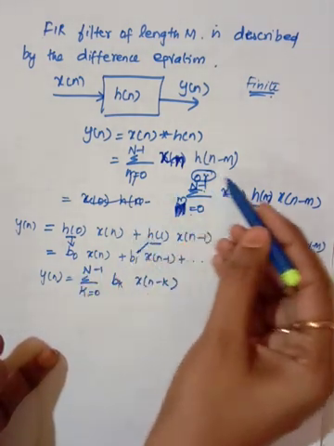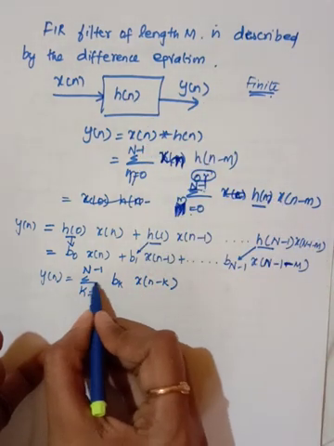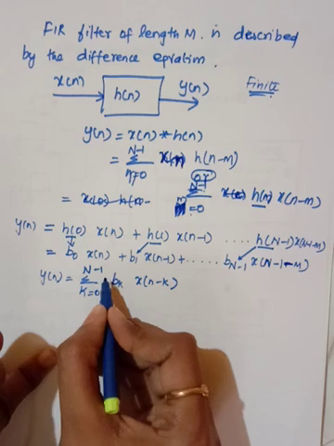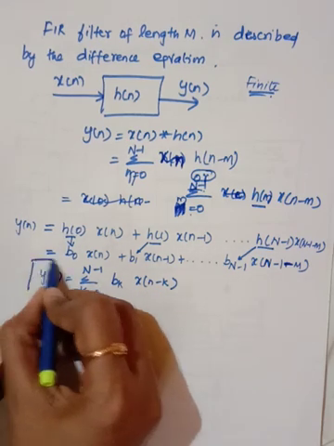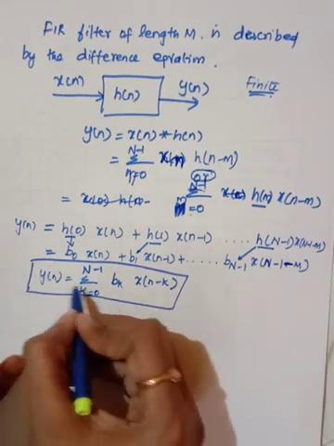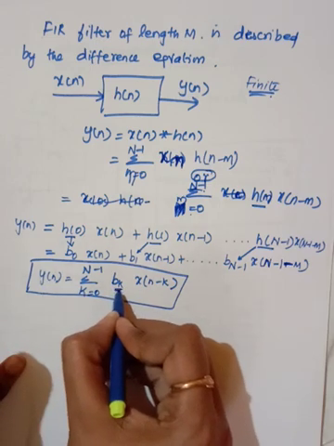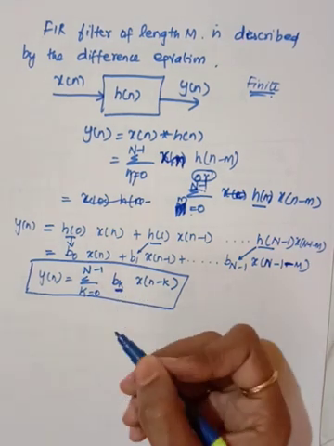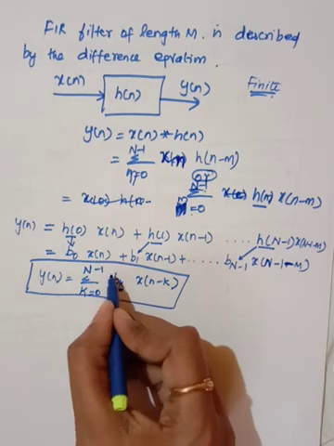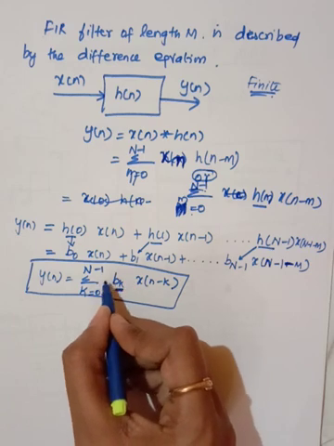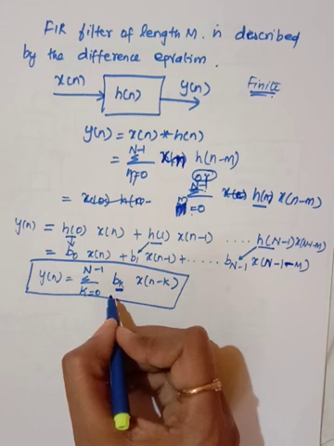So now I am changing this equation according to this filter function. Summation k equal to 0 to n minus 1, bk x of n minus k. Now this is said to be the relation. This gives the relation between the input and the output, and this is the functionality, that is the coefficient of the filter. This coefficient of the filter will vary depending upon the requirement, whether it is a low pass filter, high pass filter, band pass filter or band stop filter.